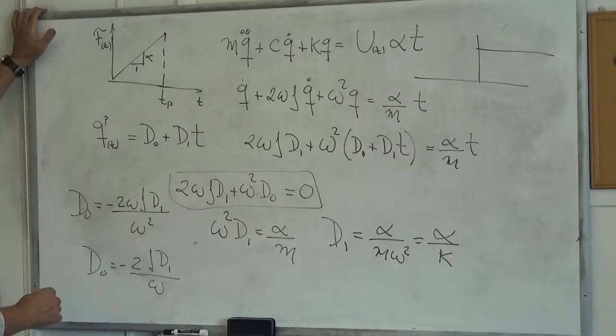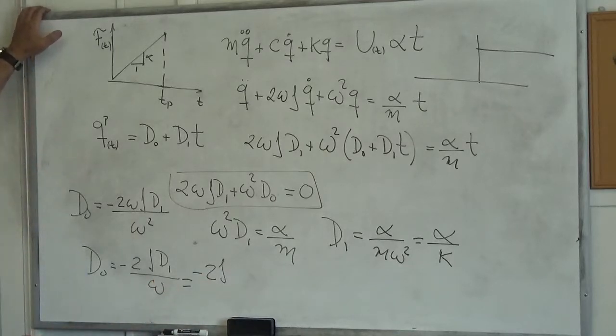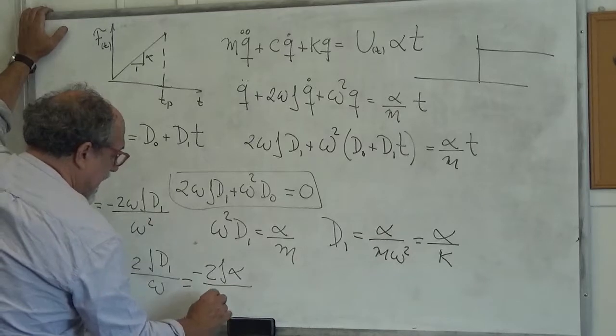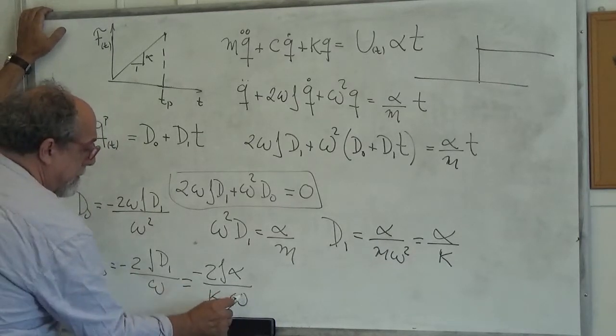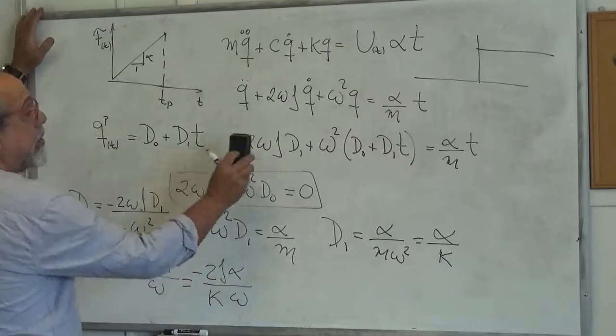Cancel one and cancel one. And that's minus 2 times the damping ratio. Now we have that d1 is alpha over k, right? And then we have omega. So that's my d0, and I can say then, I'm going to erase here,